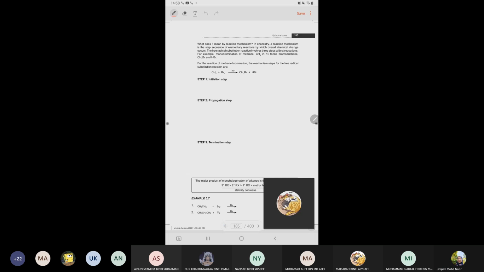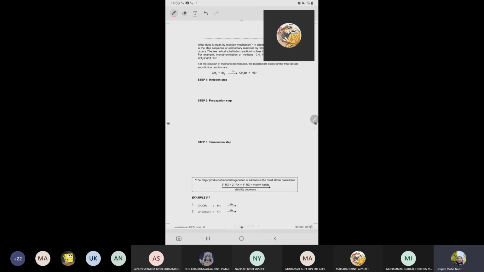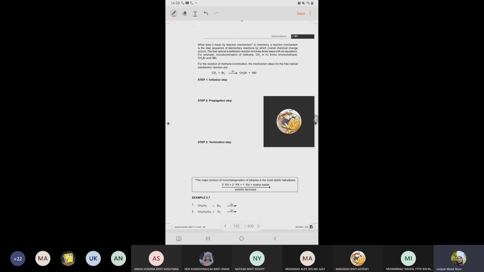So let's write the equation. We have cyclopentane. Cyclopentane is an alkane with 5 carbons in the ring. Plus Cl2 in the presence of light. Light here you can write as light, or usually I write it as UV. So what will be produced? This is a free radical substitution reaction. Substitution means,